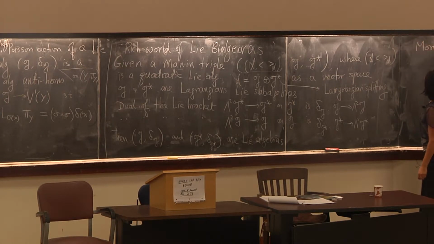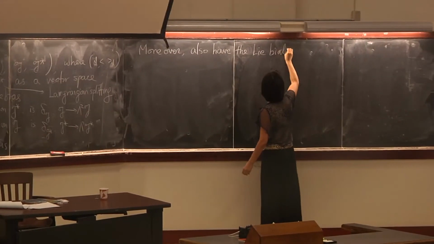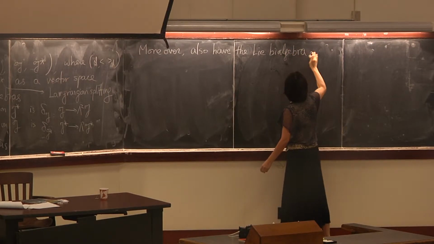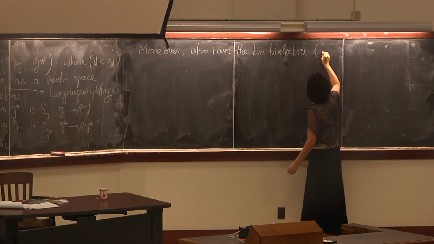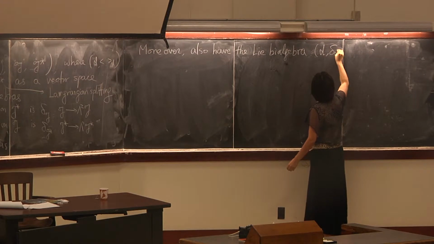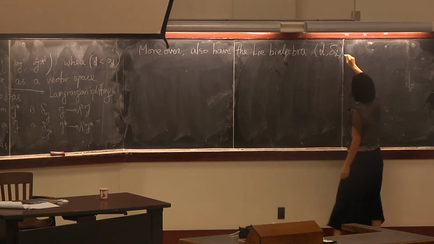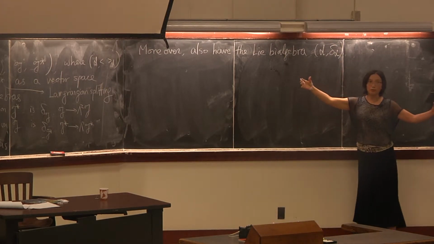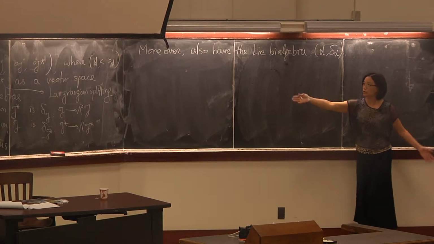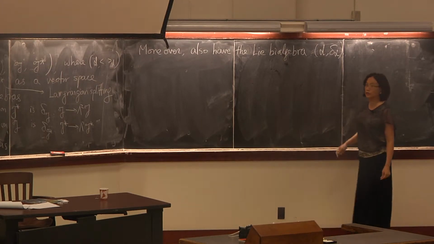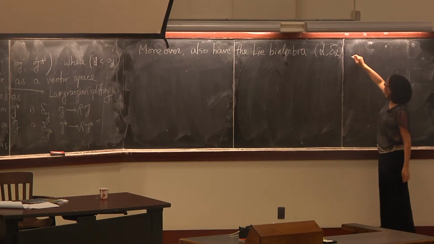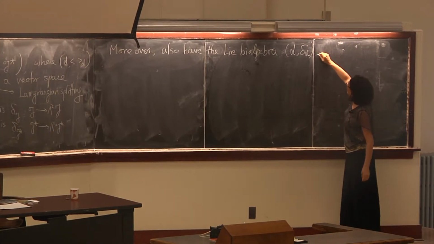Moreover, you also have the Lie bialgebra. You get a third one, which is called the Drinfeld double, which I denote by D, delta D, where D is this big Lie algebra. Yeah, you have a triple of Lie algebras here. So the big Lie algebra also is made into a Lie bialgebra by taking this,